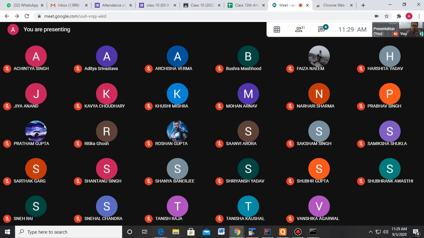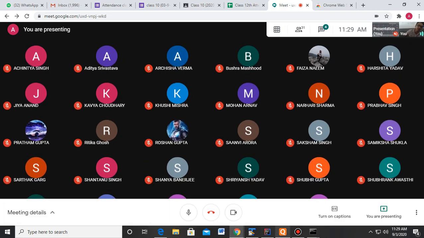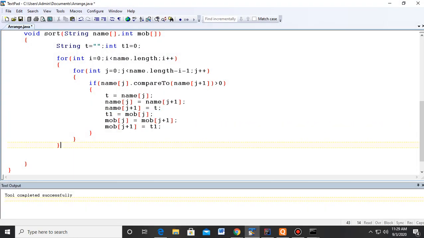So if I am swapping the names and if my name goes somewhere else, then definitely my mobile number also will go to the same index number. Suppose my name moves from index number 0 to 5 in the name array, then it simply means after swapping my mobile number will also move from 0 to that index which is 5 in another variable which is the mob variable.